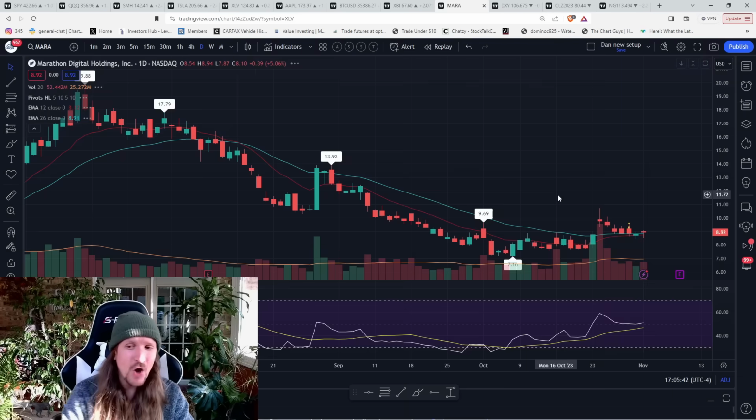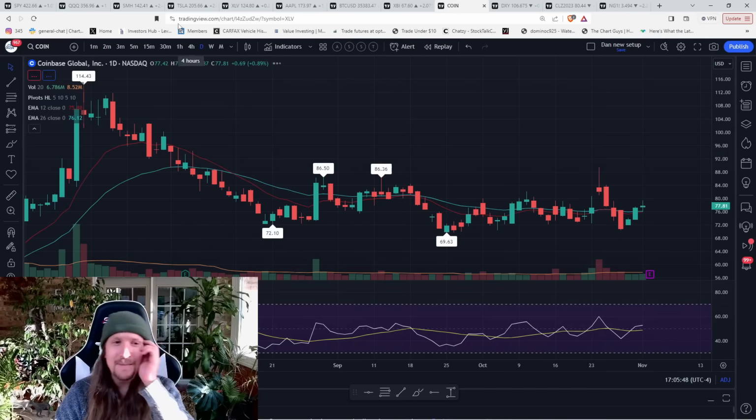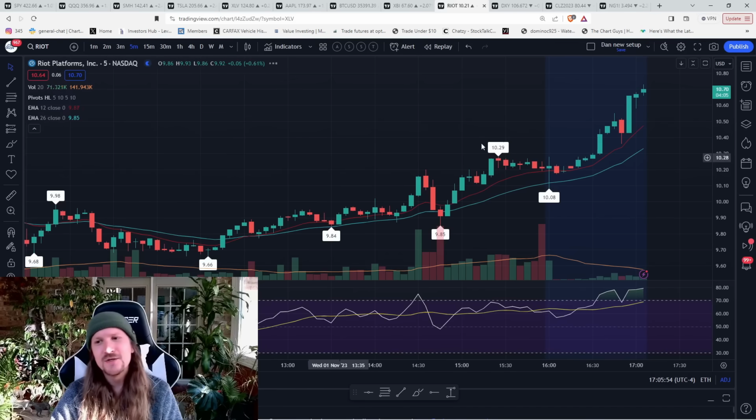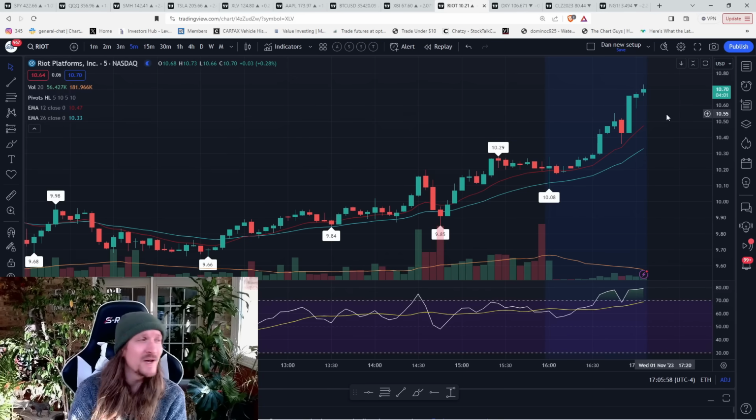Riot is a bit stronger than MARA in the short term, but everything's reacting here. I'm kicking myself a little bit just because I was that close to buying Riot at the close. Just seeing the confidence in crypto and saying Bitcoin's probably going to break resistance overnight tonight. But I do have a good bit of long exposure right now, and it's not very protected, so I didn't want to just continue pouring on the long